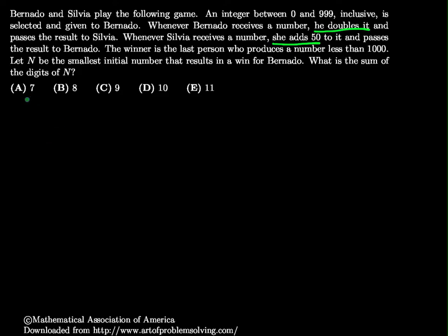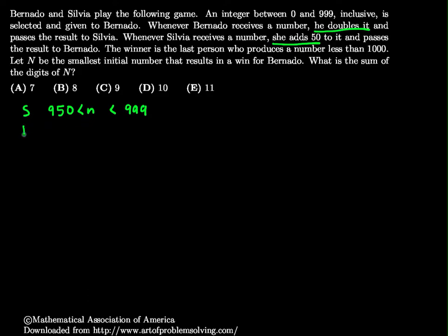And so basically, if Bernardo passes Sylvia a number that is between 950 and 999, okay, so I'm going to use this lowercase n. It will not be the same throughout, but if he passes this number to Sylvia, that means that he'll win, because Sylvia has to add 50, and then she'll be bigger than 1,000. Okay, and this is the only case that we can have near the end.